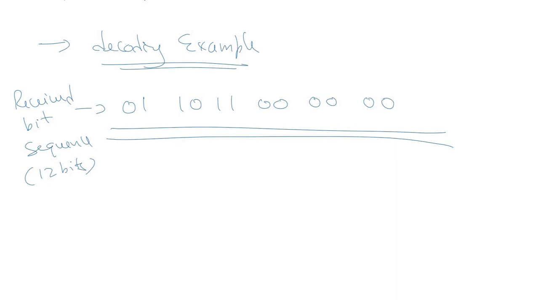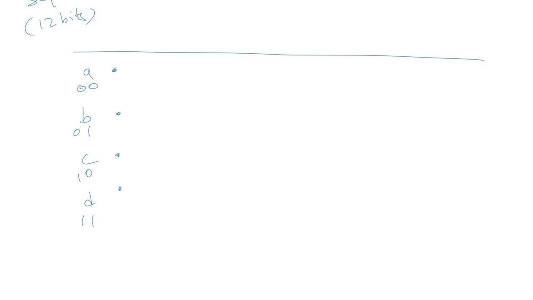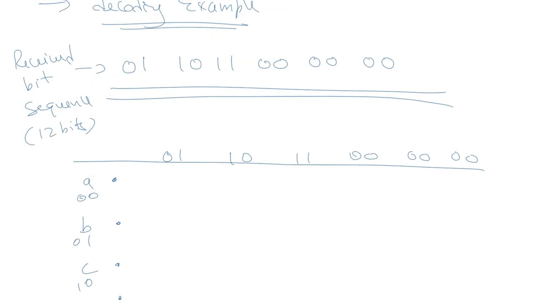Now we know that in order to implement the Viterbi algorithm, we need to take the help of the trellis diagram. So we'll start with the trellis diagram and with the initial state, that is 0 0. Let's make a basic trellis diagram over here. There are 4 states, A, B, C and D, which are 0 0, 0 1, 1 0, 1 1, and the received bit sequence is given to us as 0 1 1 0 1 1 0 0 0 0 0 0. This is the 12-bit received sequence that is given to us.